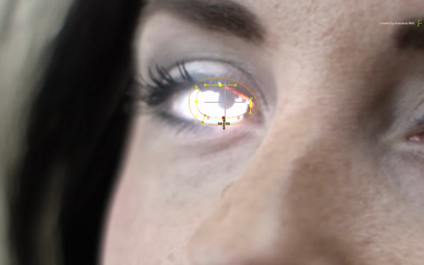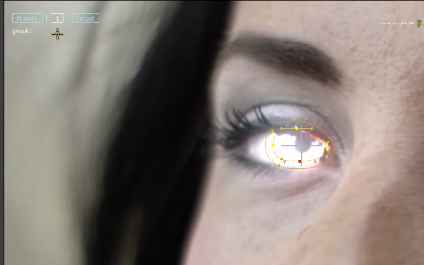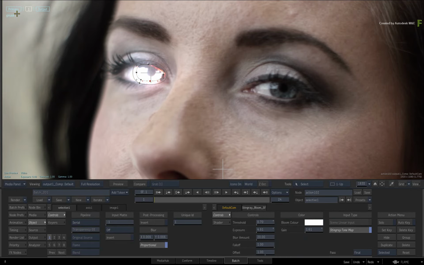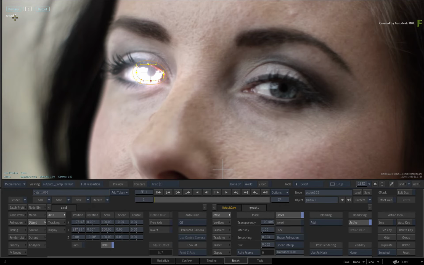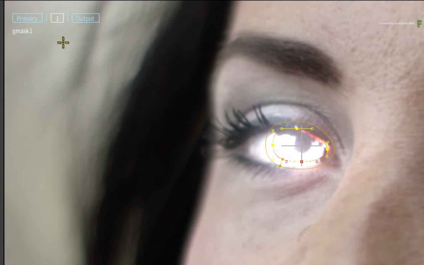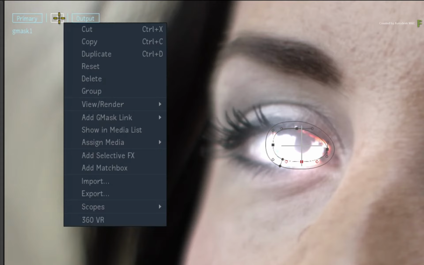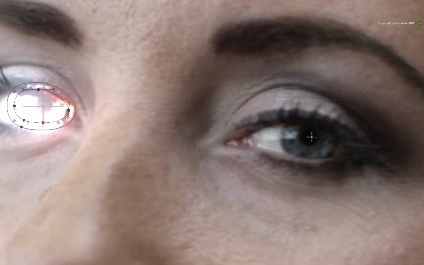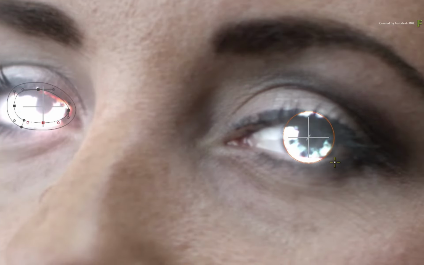Looking at the HUD, you can see that you have Selective 1 chosen, and underneath that is the mask associated with the selective. Double-clicking either item will select the mask or selective, and the menus will update down below. Now you need to do another mask for the other eye. So right-click on the Selective 1 in the HUD and add another ellipse mask to the selective. Draw the mask over the other iris.